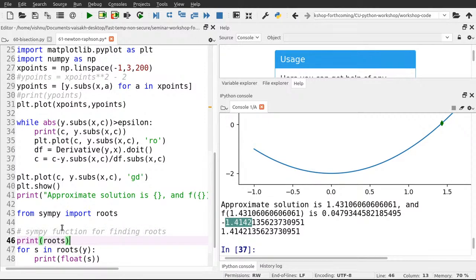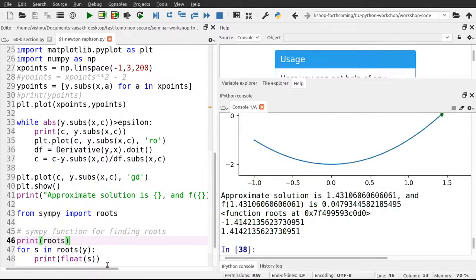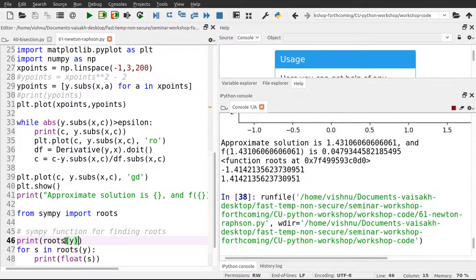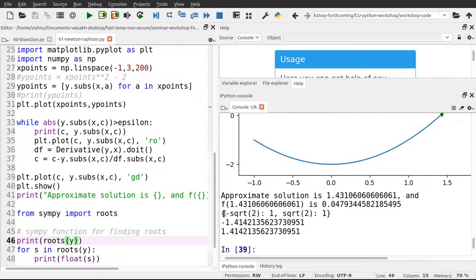Print roots. So you will get a dictionary of roots. Sorry, print roots of y. We'll get a dictionary here with multiplicity. If you want to get the approximate numeric values, then numeric values are